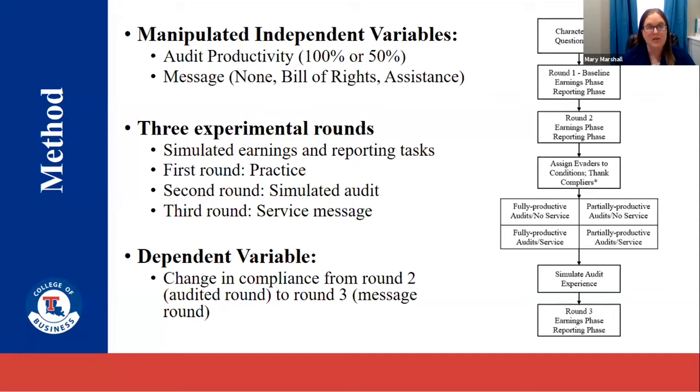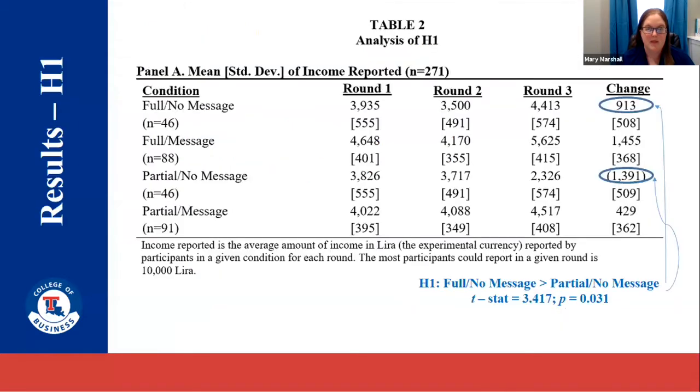Our dependent variable is the change in compliance from round 2, which was before they were audited, to round 3, which was after the audit and, if applicable, viewing the message. So on this slide, you can see the amount reported by round and condition. Our dependent variable is on the furthest right column. And you can see